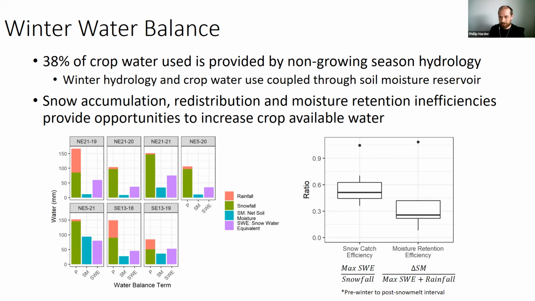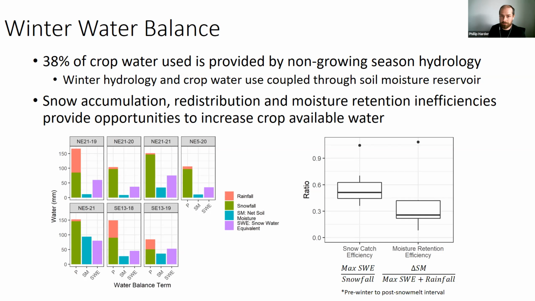And there's a lot that's going on here. But at the end of the day, when we start putting numbers onto our wintertime water balance and looking at the efficiency of how much snow we catch in our stubble versus what falls, versus how much water actually makes it from our wintertime inputs into the soil, we see very large inefficiencies. And so this might be a place where we can play around and improve some of the practices to increase